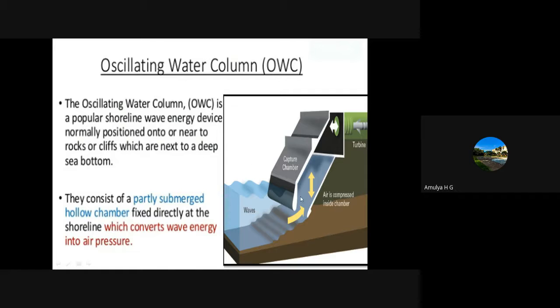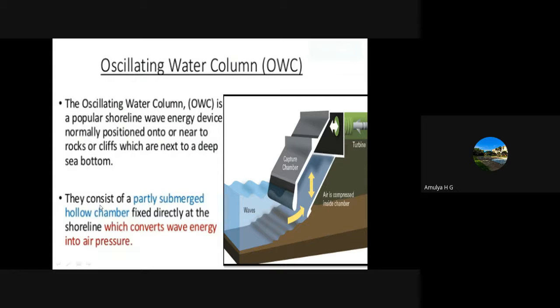In the image you can see the best location for the installation of an oscillating water column is where there are cliff regions, that is, a horizontally or vertically located rock surface. In those locations we can prefer the oscillating water column, because the cliff regions provide a best foundation for the installation of the plant, so that it will be robust in construction. It can withstand all the weather changes.